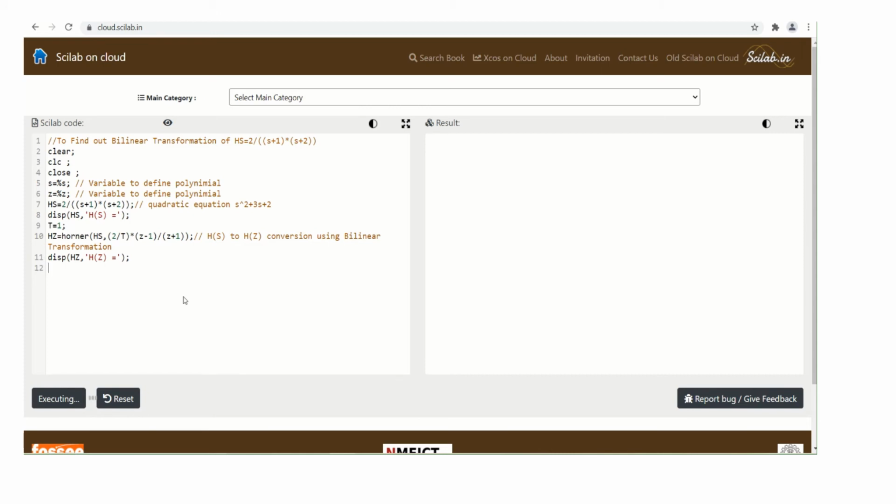I think my net connection is not proper, so that's why we are repeating the results. Definitely we will get the result because I have shared this result with you in the manual and in the recording also.